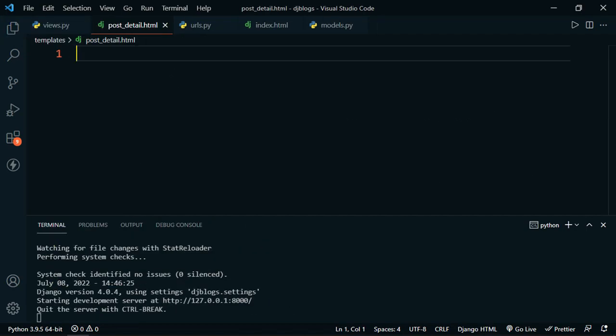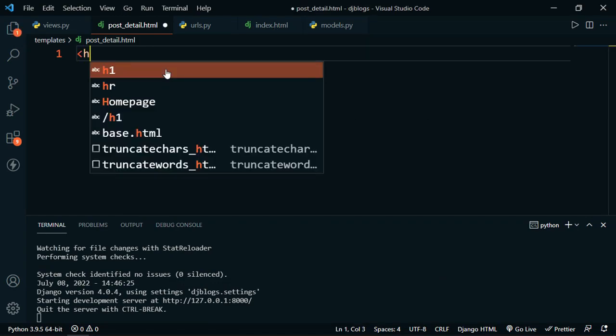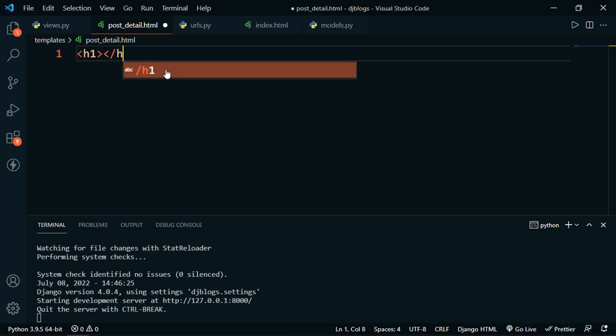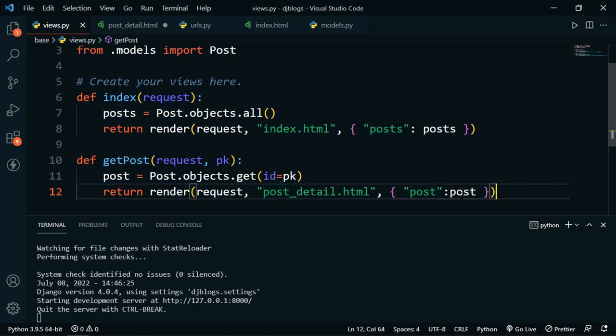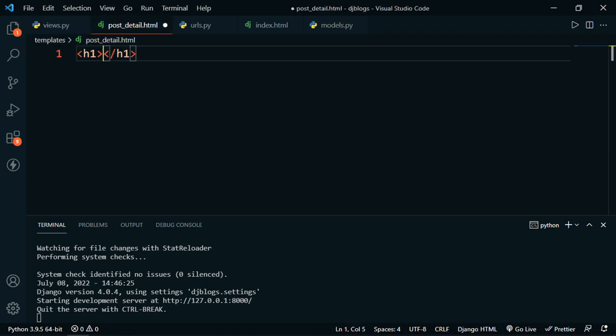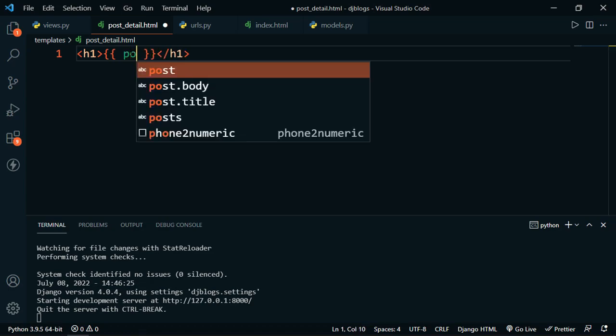And in this post_detail.html file, I will open an h1 tag, and notice that we have passed this post in the context dictionary, and it will contain only a single post. So I will open curly brackets to output some value, and I will type here post dot